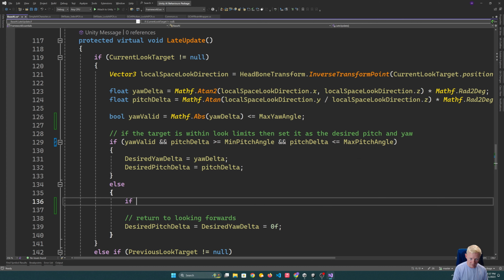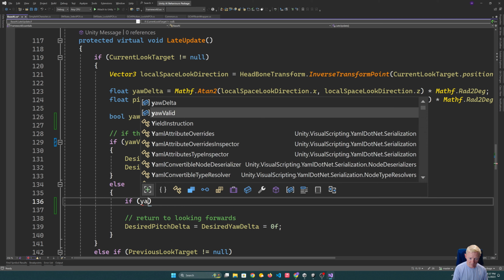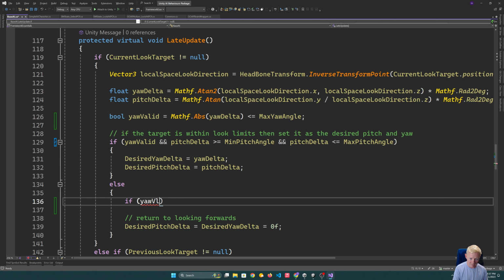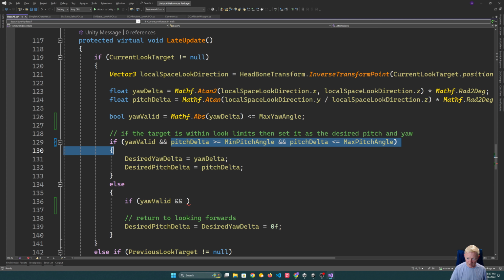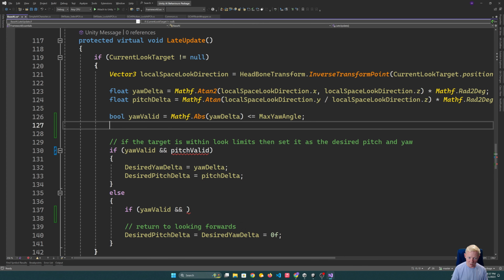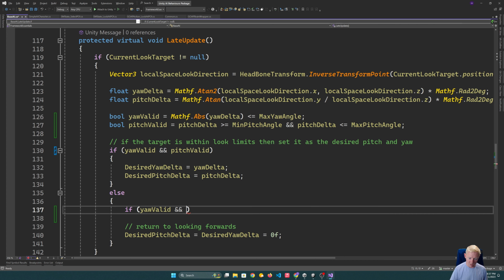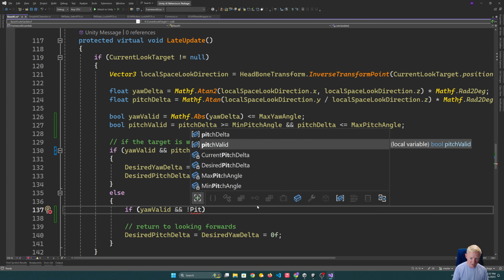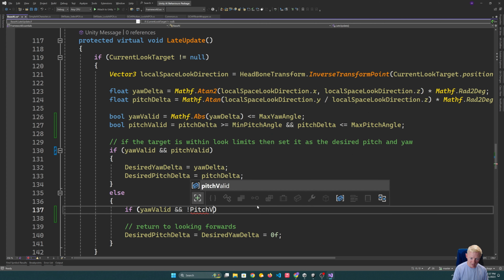So if yaw is valid, but the pitch is invalid. And this code is still following the old coding standard. It is something where I will be updating this as I go and make other changes to it. So if yaw is valid and pitch is not valid,